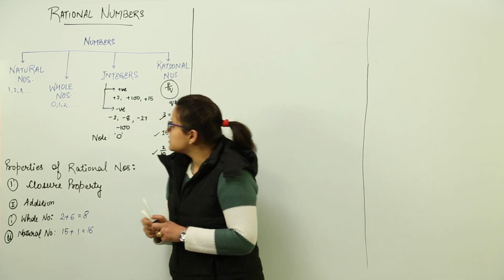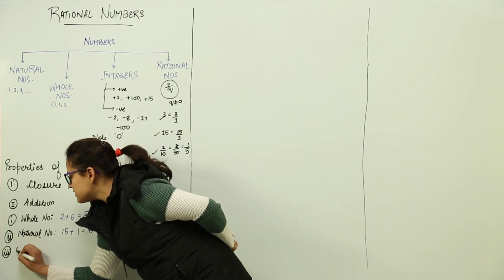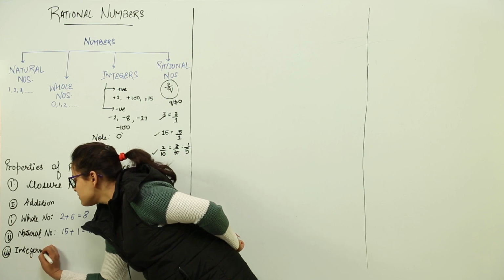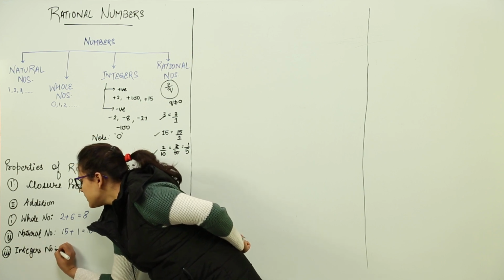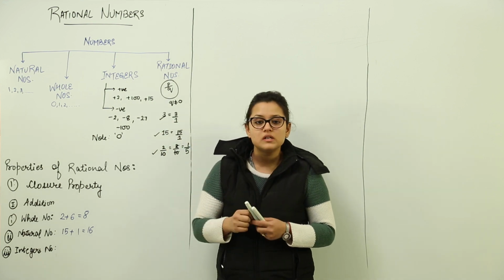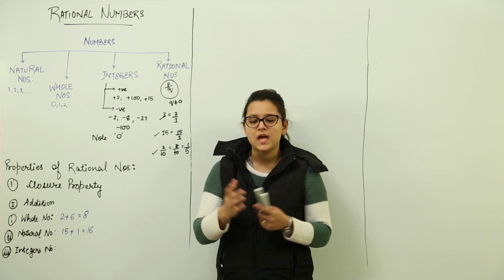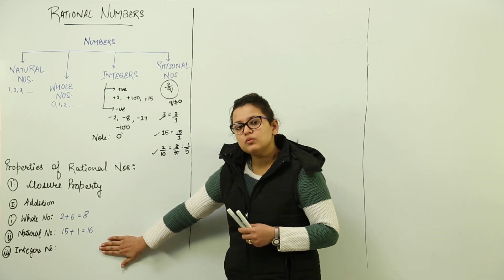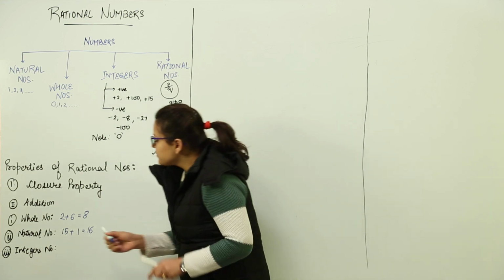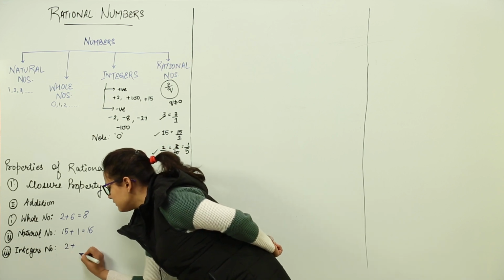Next type of numbers would be integers. As we have already done, integers are of two types, right? Positive and negative. Now we can take any two type of integers. You can take any two positive integers, two negative integers, one positive, one negative, as up to you. I will be dealing with all the three examples so that it is clear to you, right? So let us take any example. I am taking 2 and 4.